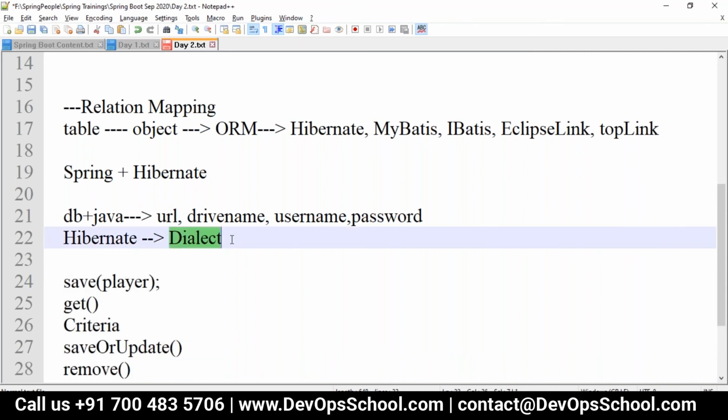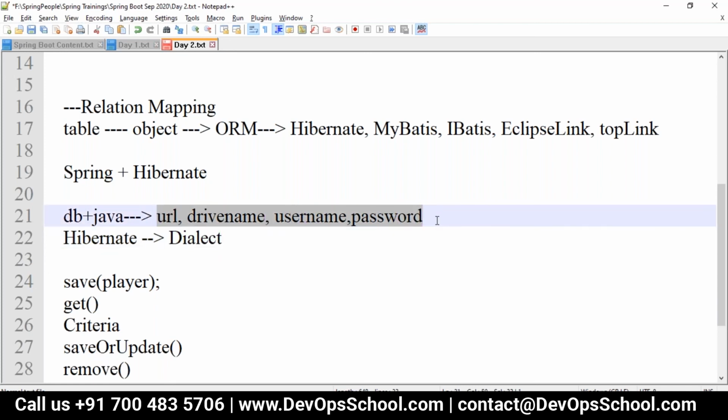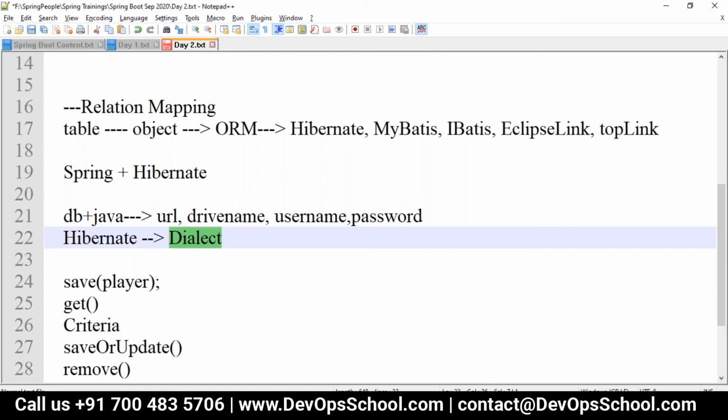So we have to set the property called dialect for Hibernate. The data source is already required, the four JDBC properties, the driver manager data source is done. But I want to integrate with Hibernate, so I want to load all these properties together with one more property called dialect. And Hibernate has a capability, not exactly an advantage, but also one of the properties: if you don't have a table, Hibernate has the capability to generate a table as well.